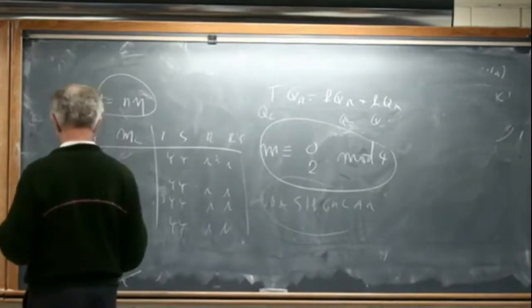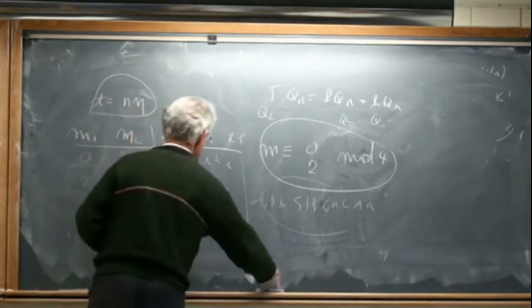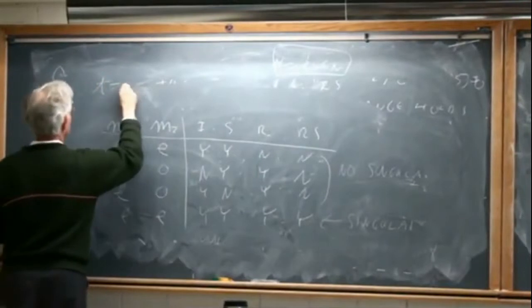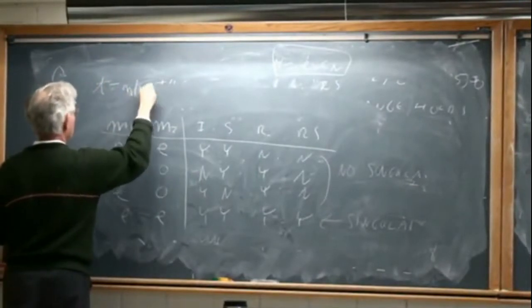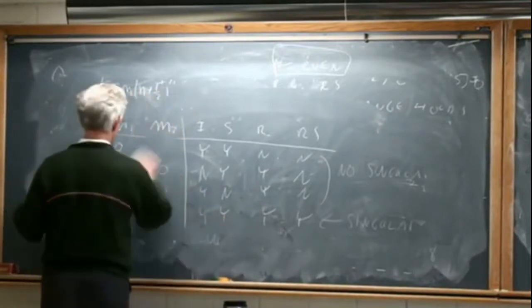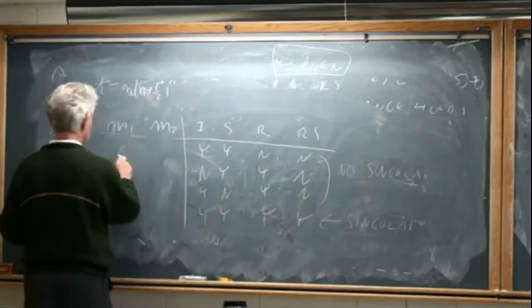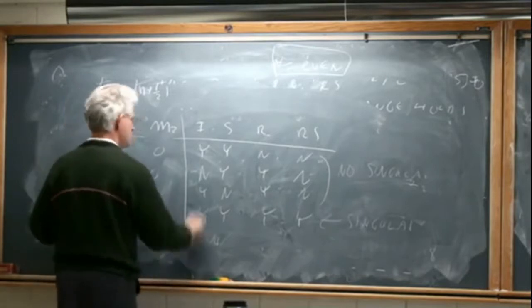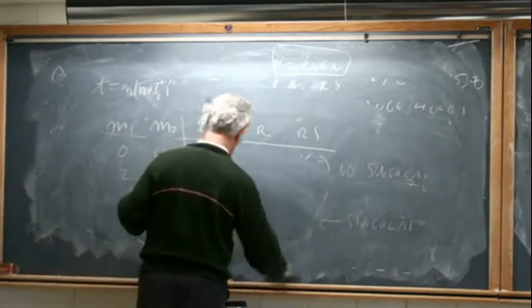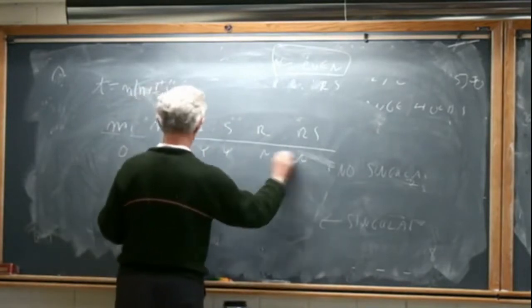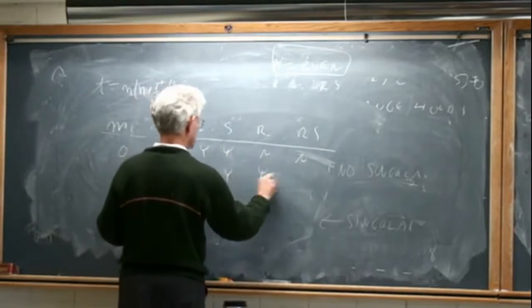However, it turns out there's also a second choice. We can choose my extra parameter t to be eta times n plus f. And now we get a different table. I will redo this on the mod 4 and do the same thing. And now we find a table like this. Yes, yes, no, no. Yes, yes, yes,